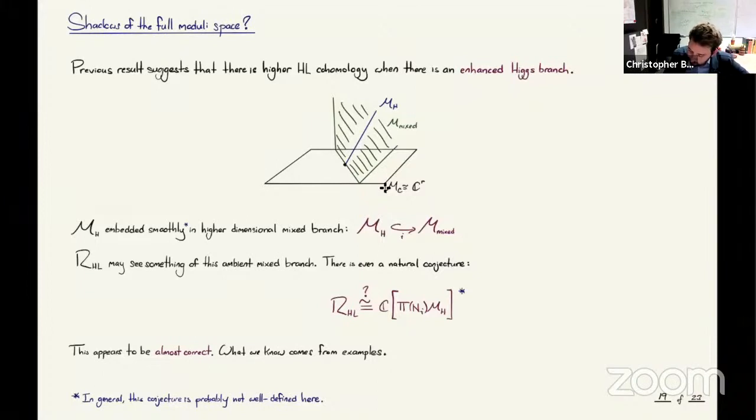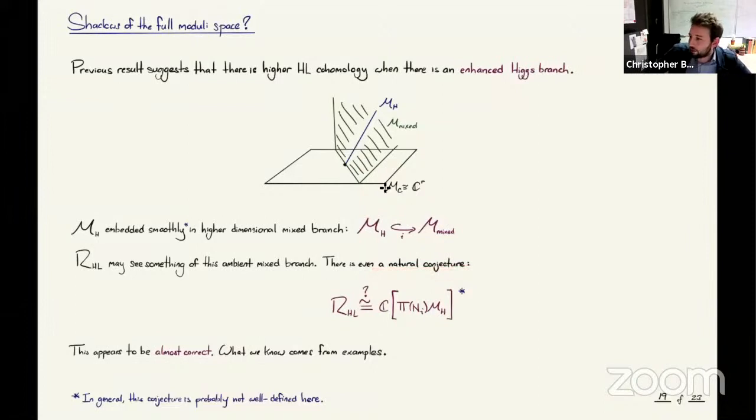And this leads to a reasonable conjecture, which doesn't turn out to be quite right. And I'll finish by stating the conjecture and then stating in summary the way that it fails in examples. So, I claim this is a natural conjecture, but of course it's not going to be natural without some